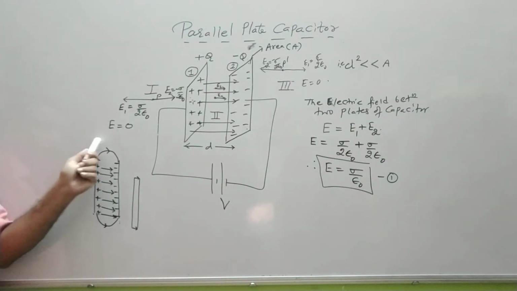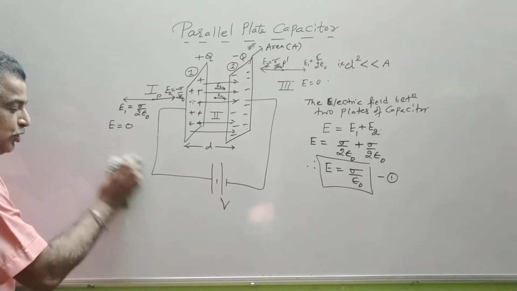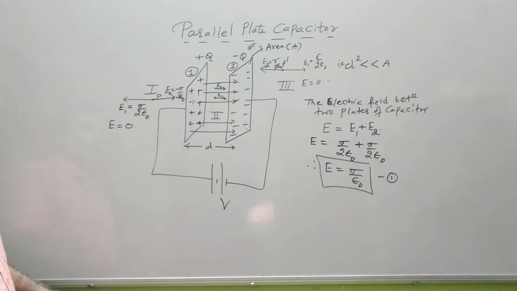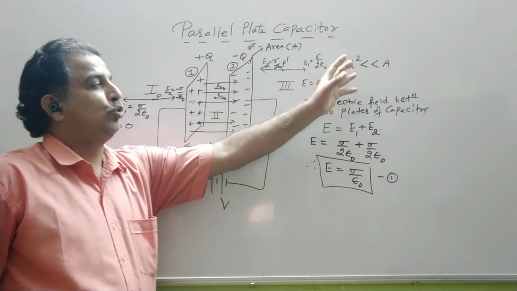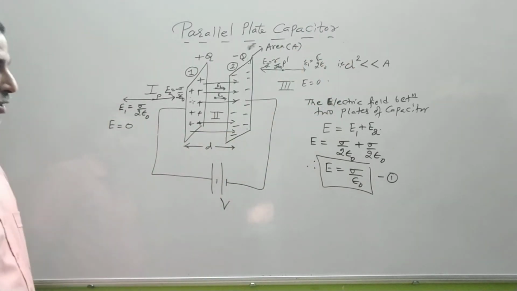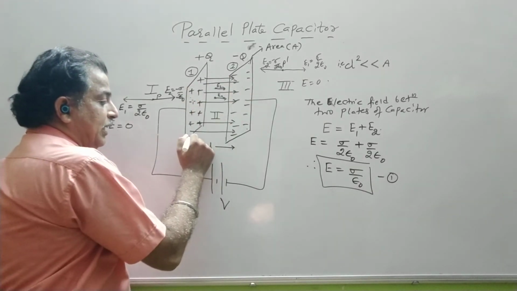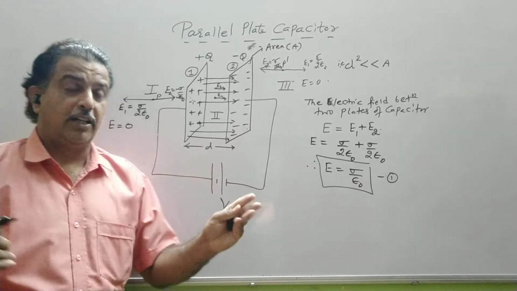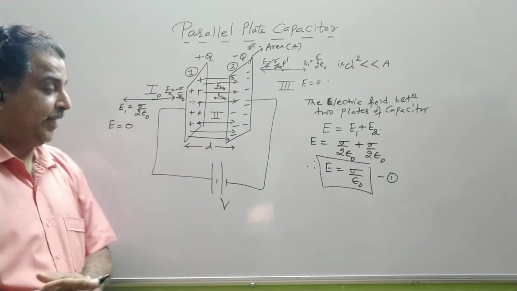We can minimize the non-uniformity of the electric field intensity on the edges of these two plates. So you have to remember this condition: while constructing a parallel plate capacitor, d square should be less than the dimension, so that we get a uniform field even at the edge of the plate. If you keep this distance very large, the non-uniform electric field will increase at the edges.